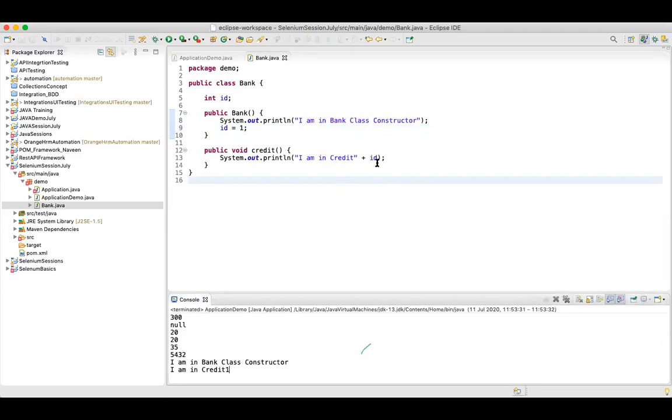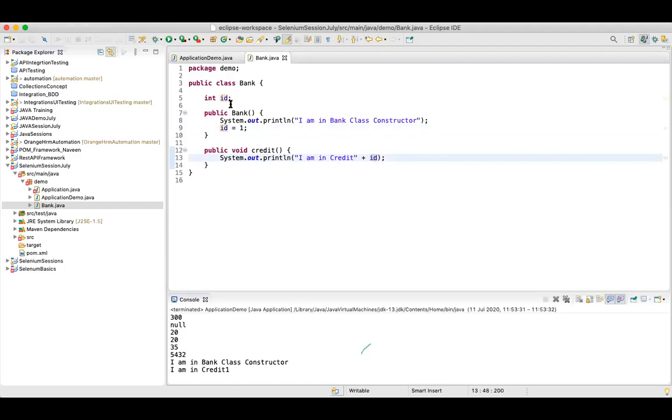So let's assume any variable you are using in your method or in your class has not been initialized. You can initialize your variable in your constructor. Let's say when you are testing a project, you have some test cases, and for each test case, before you execute, there are some pre-steps. We call them prerequisites.